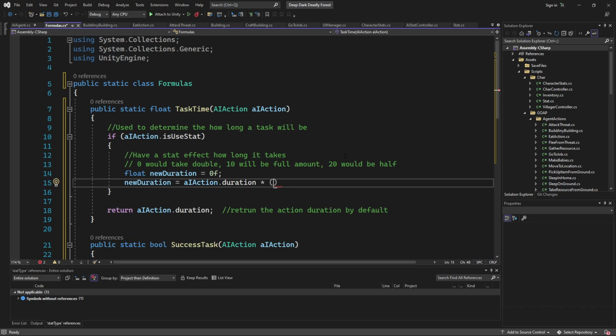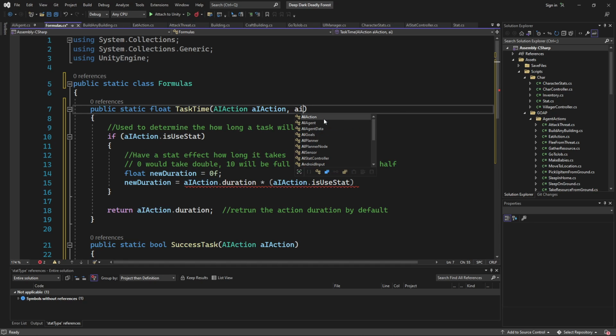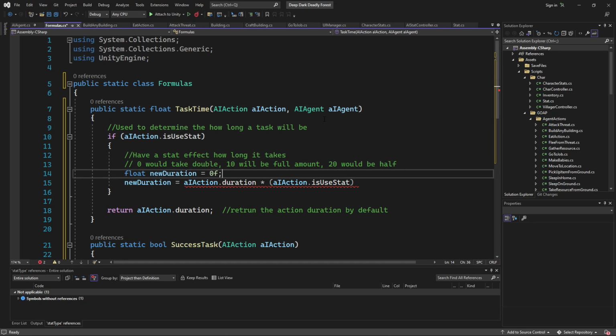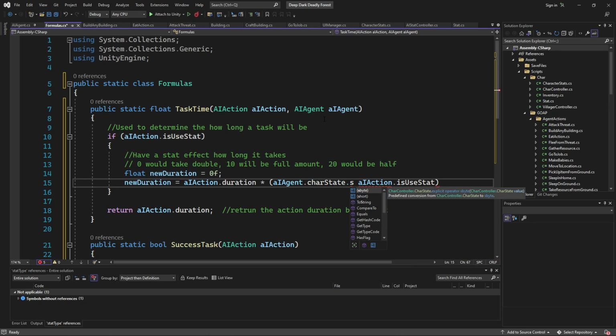We're going to times it by the AI action dot use stat. We actually do need the agent, comma AI agent, and we're going to say AI agent dot character stat dot stats,